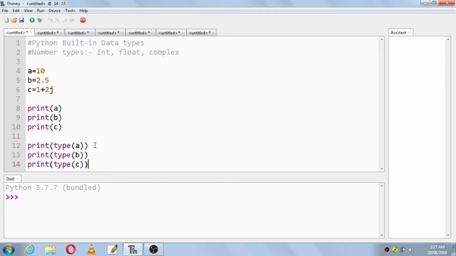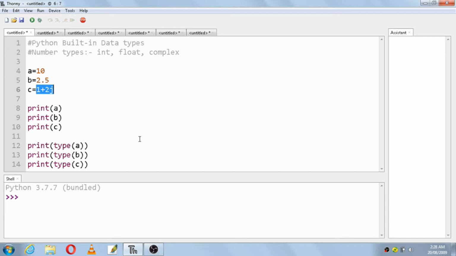We have used three variables a, b, c, and we have given an int number, a float number and a complex number. We have printed all the three values, and we'll come to know what data types they are. This should give int, this should give float, and this should give complex.